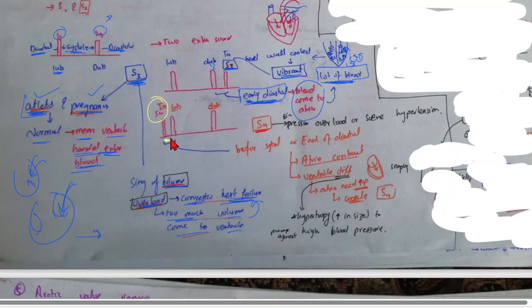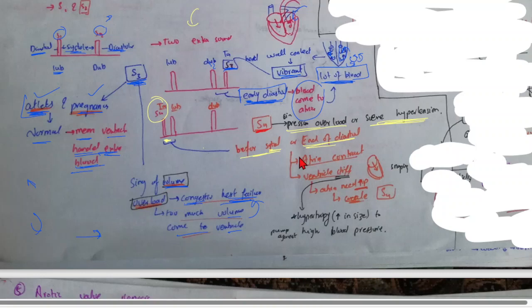When diastole ends, all the blood has come in. At the end of diastole, the S4 sound is here, before the systole. Actually, it is pressure overload or severe hypertension. At what time is the S4 sound here? If there is more blood, more overload, more pressure, or severe hypertension, then at that time S4